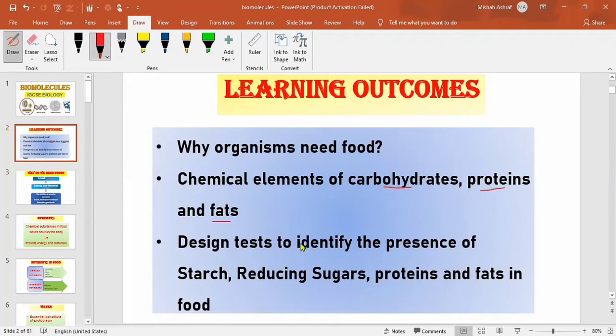And fats also provide energy, and are a component of the cell membrane, among other functions we are going to study in detail. Then we will also design some tests which will identify the presence of these different components in our food. Right, so the first one we are going to start with is,